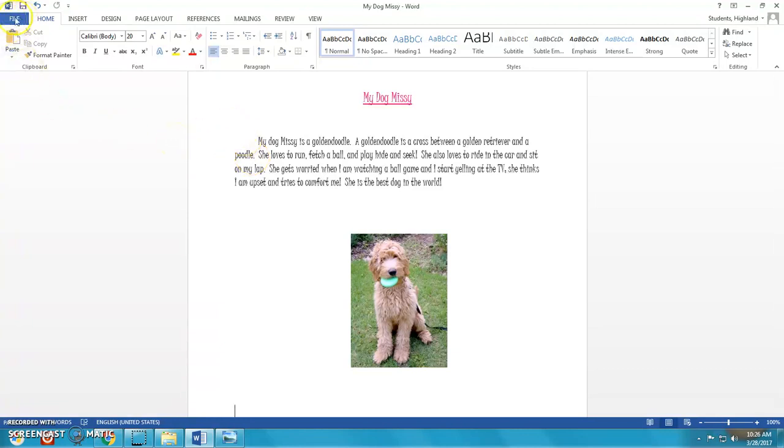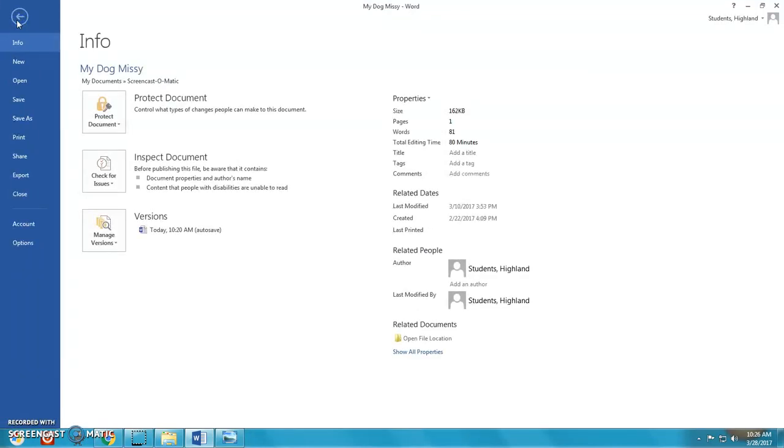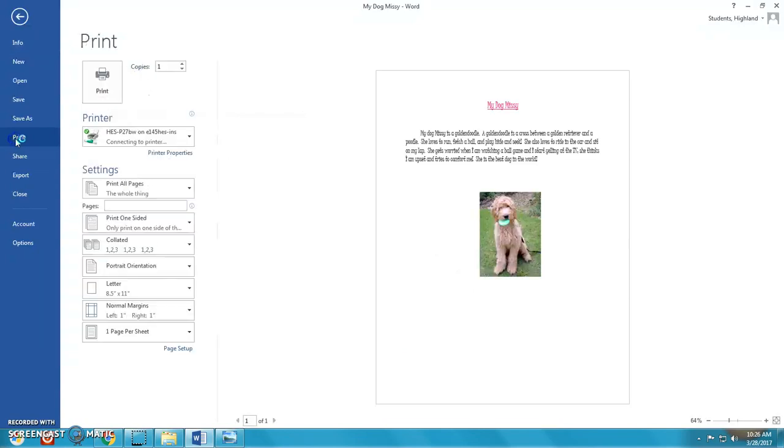To print, you will go up here to the blue tab that says File and click it. It's going to look different from your other tabs. You're going to scroll down here and you're going to find the word Print. And a few things that you need to know. You need to pay attention to what printer you want to print to. It's showing right here that it would send directly to HES, which means here at Highland,